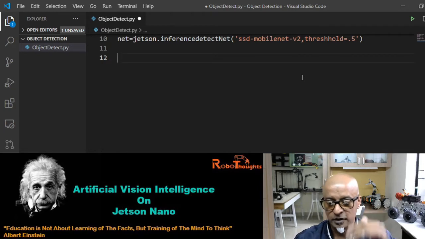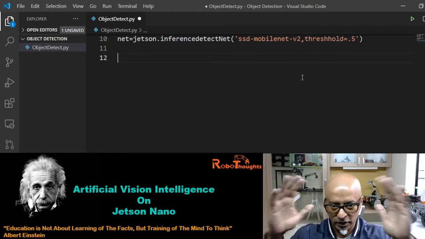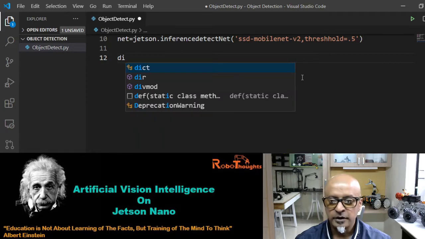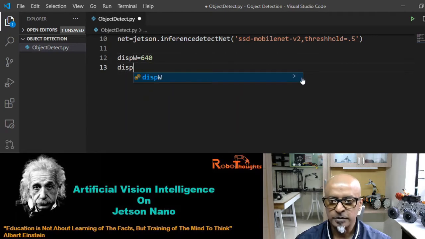That is the width will be 640 and the height will be 480, right? So it will form a proper window on your screen. Let's define that. Say display width equal to 640, and then display height equals to 480. All right,